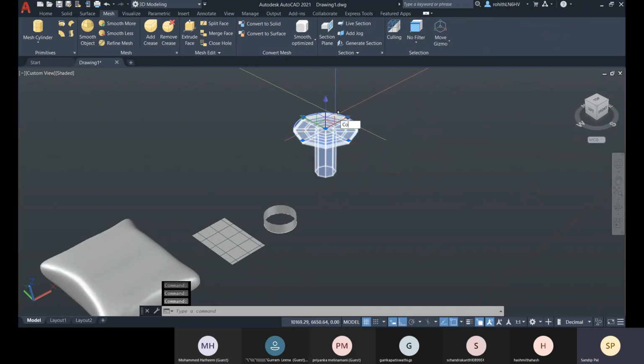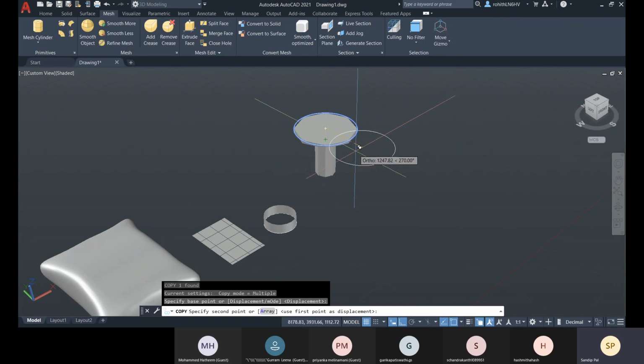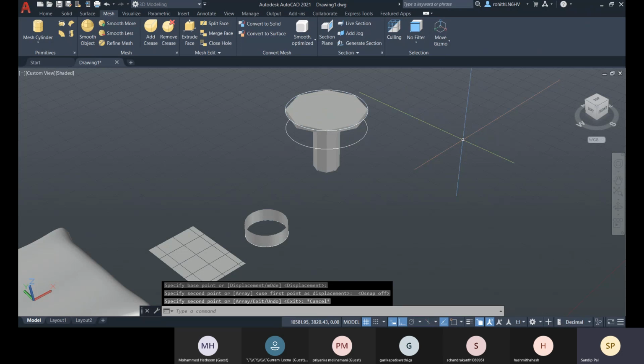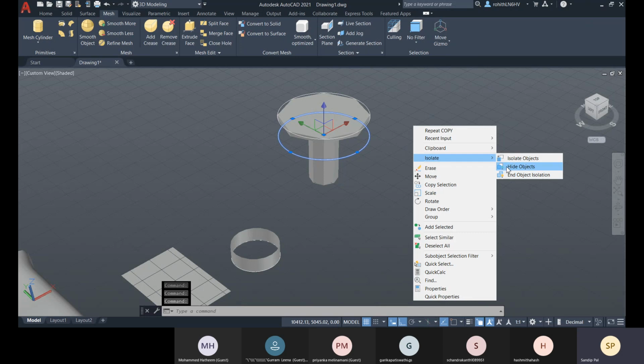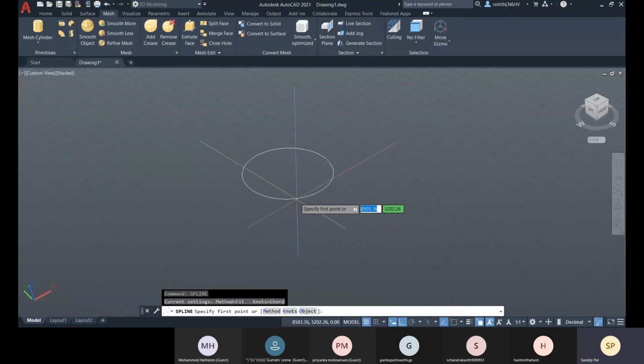I will just copy it in the same center. Okay, this right now. And what I'll do, I will click on it, right click, isolate, isolate object, and I will create a spline around it. Spline. Okay, and the object snap.